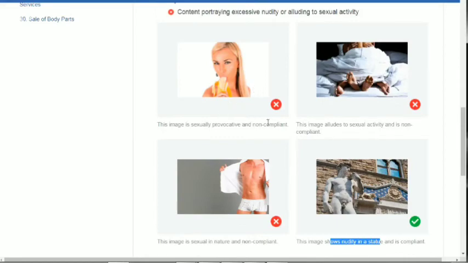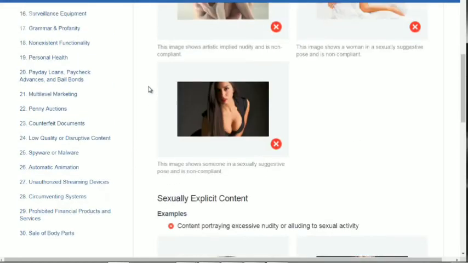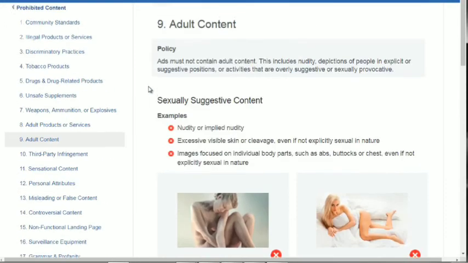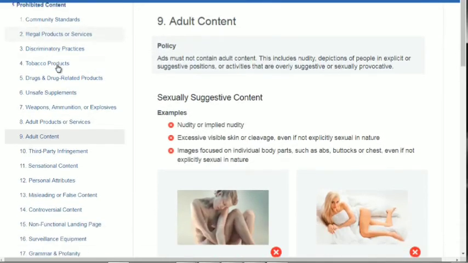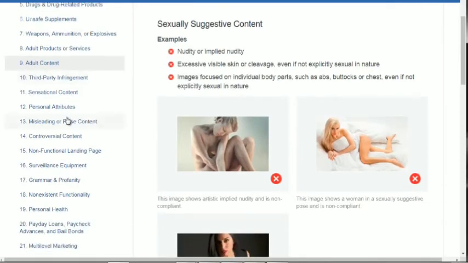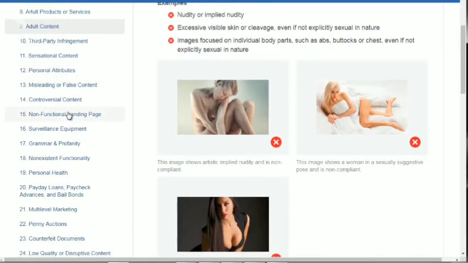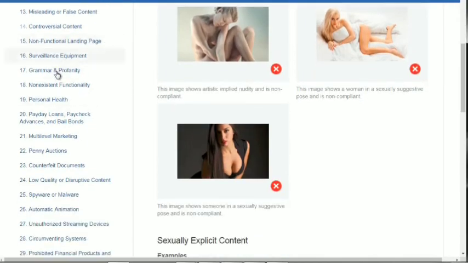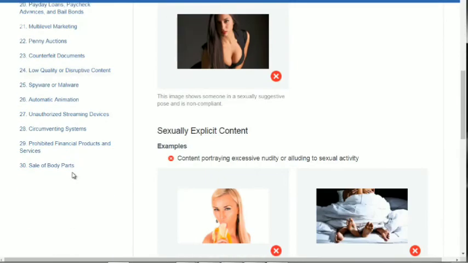So what you need to do is go through the prohibited content, make sure that you're not in there. Weapons, third-party infringement, personal attributes, and all that. I know this takes time, but you're going to be thankful in the future.